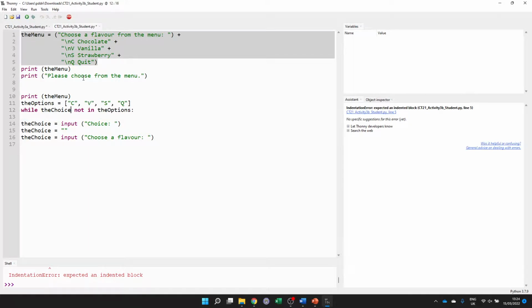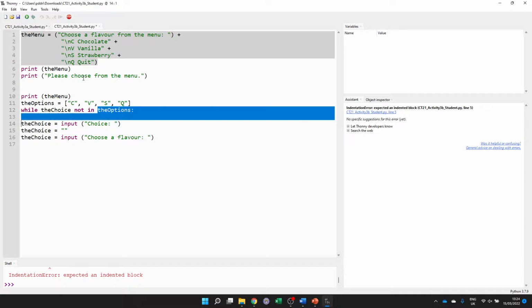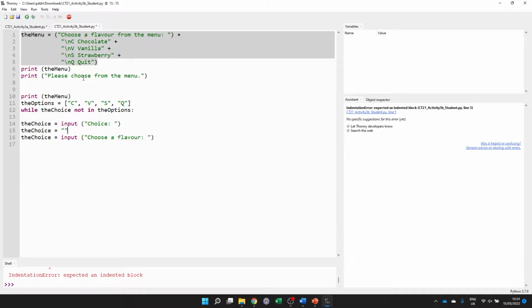And we don't know what the choice is. So sequence means we have to do things in order. We can't check and see if this is or isn't in that until we know what both of them are. So the choice has to be one of these. I don't know which one's going to go first, choice or choose a flavor. Let's go for choice. Control-X. Great. So now we can say while the choice is not in the options,